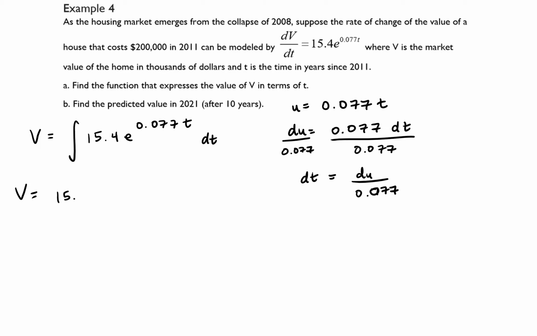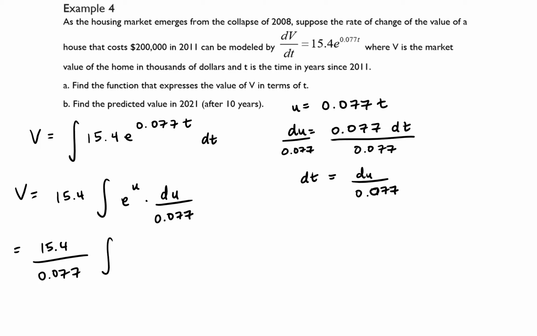I'm going to factor out the 15.4, and then e to the power of u, and then dt we're going to replace with du over 0.077, and I'm going to bring that 0.077 out, so we have the integral of e to the u du, which will equal